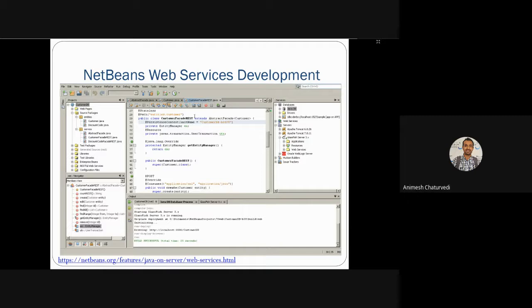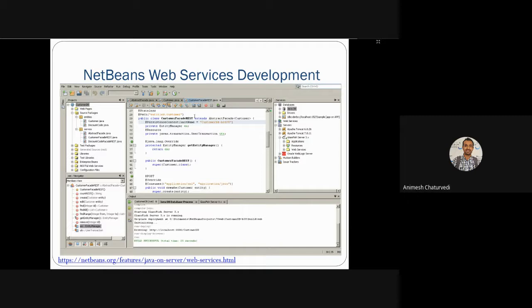So these are entities like web services, and they are actually being called through some entity manager, and they are doing the customer RESTful request for the particular customer.